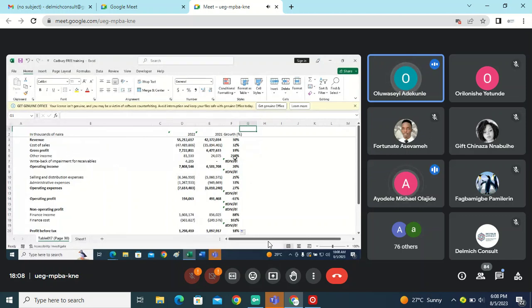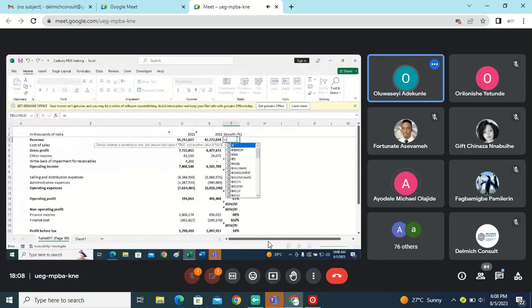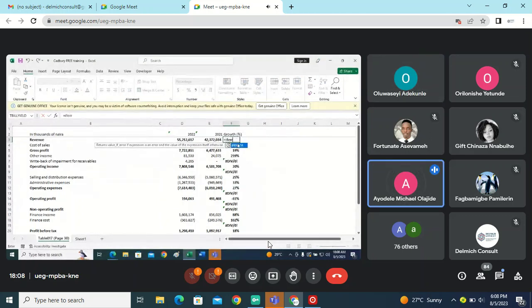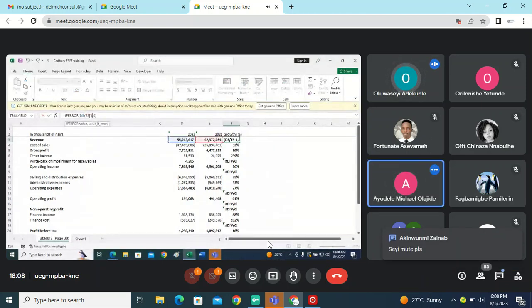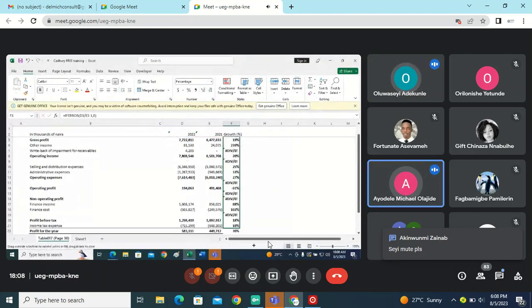Very simple, right? So to solve this effect, just say equals to IFERROR, press tab. IFERROR, right? So this one, current year divided by previous year. Then press comma, then press 0. Oh, I didn't put the minus 1 there. Minus 1. So that's it. Then once you drag it down,